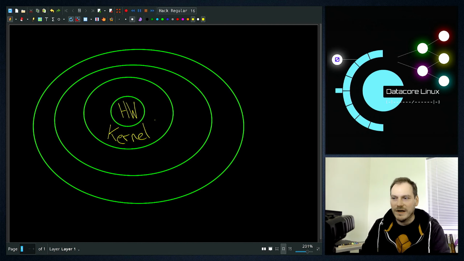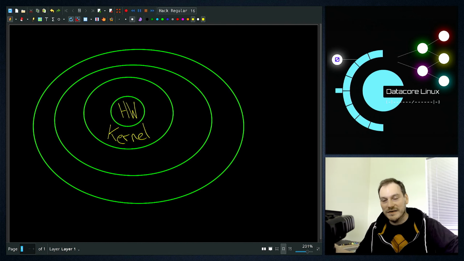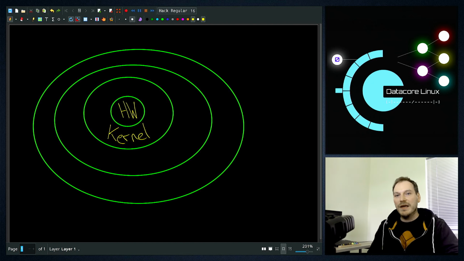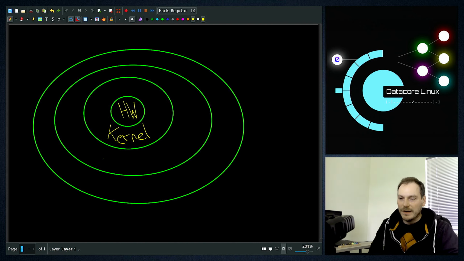So we have a kernel which manages the hardware, and we need a kernel to do that because if you think about the hardware, there's tons of it. You've got memory, which is broken up into bytes, which has got absolutely millions of bytes, and everything's happening at light speed of electricity. Us mere mortal humans can't interact with a computer at that level. We need to write a program to do that. So the first program that loads into memory when you switch on your computer is the kernel. And we need some way to communicate with the kernel, so around the kernel we have a sys